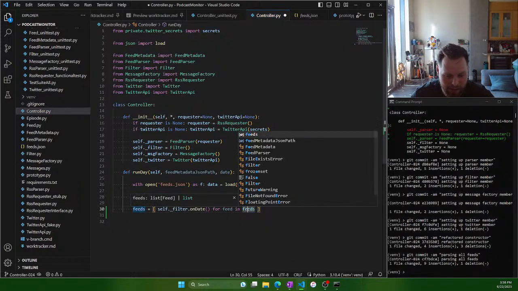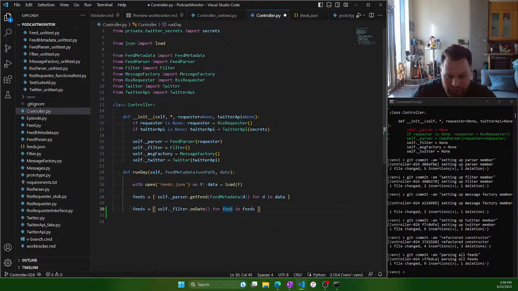So once again, I'm looping through, right? And in theory, if I really wanted to make it simpler, or shorten it, even though it would be much less clear, I could take this and move this loop inside of this loop, loop over the data, and pass this information directly where I'm using feed here. But I'm not going to do that because, like I said, that's not very clear. So then day here is going to be equal to date. So now